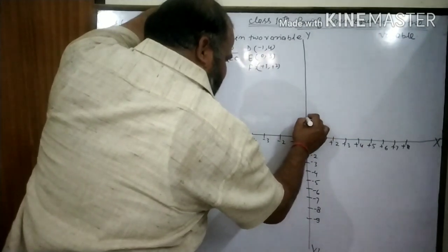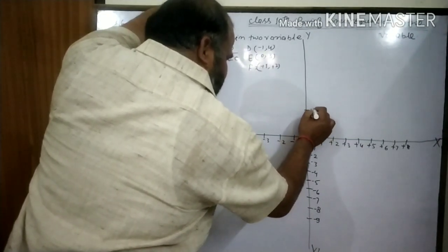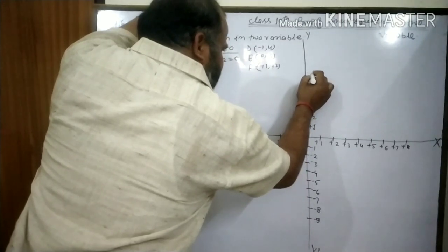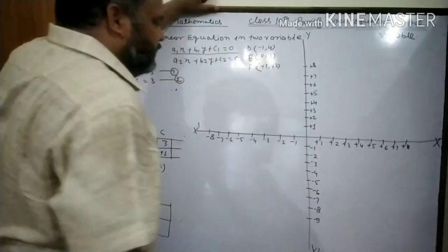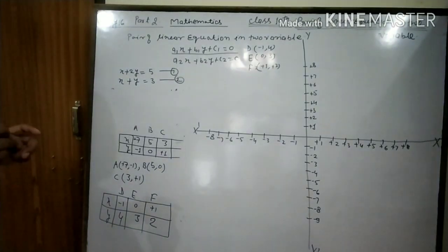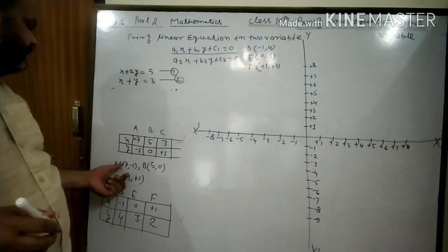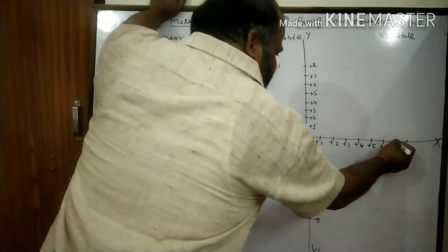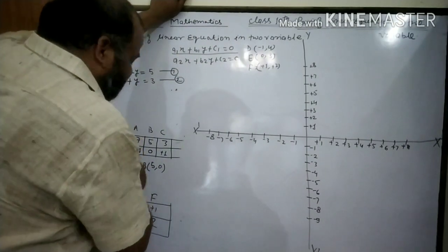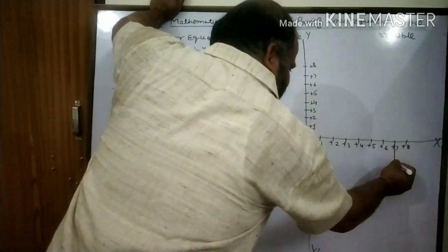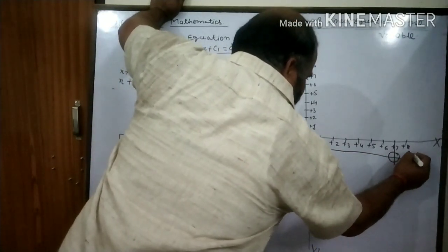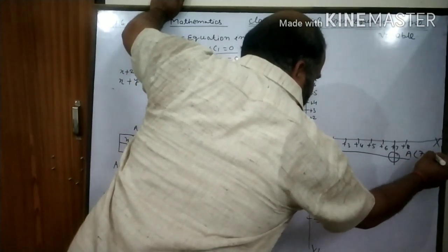Every value is positive in the upper direction on the y-axis: 4, 5, 6, 7, 8. Clear? Then point A is plus 7 and -1. It means on the positive x-axis we take plus 7, and y is -1. Then we can draw a line like this. This point is A, it is plus 7, -1.